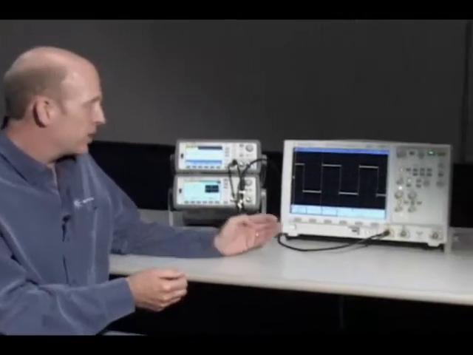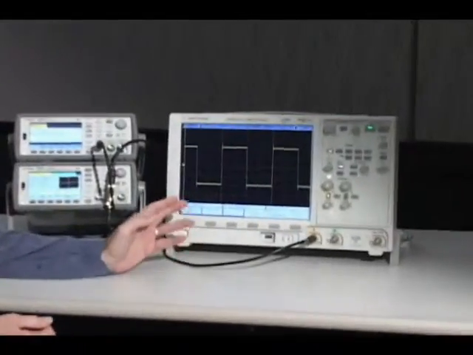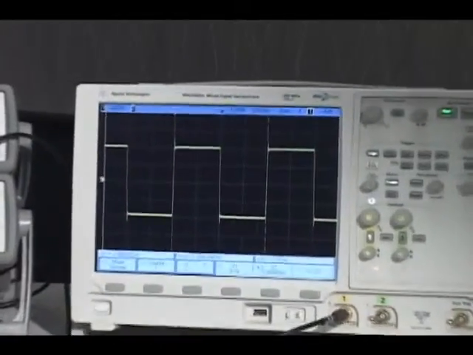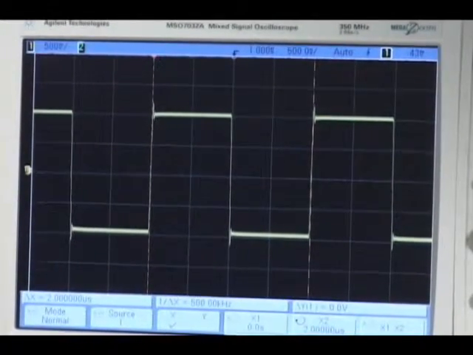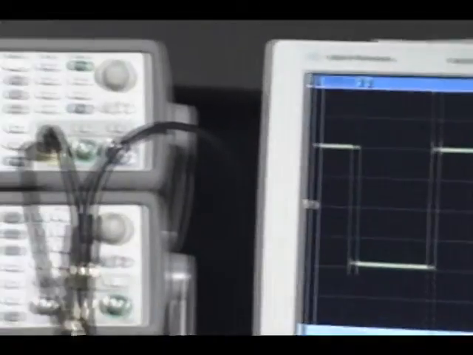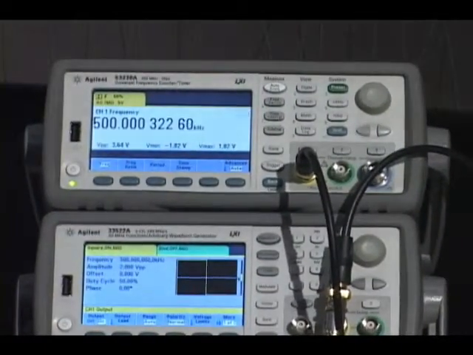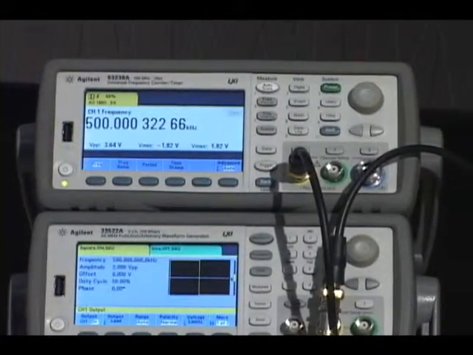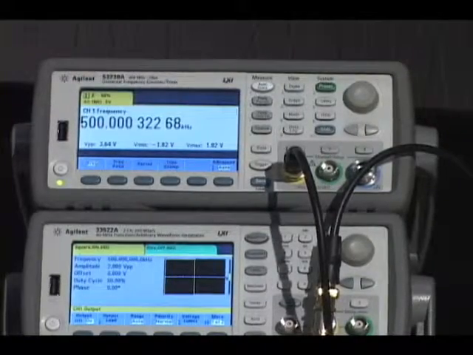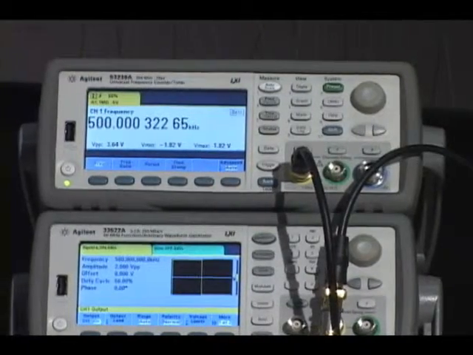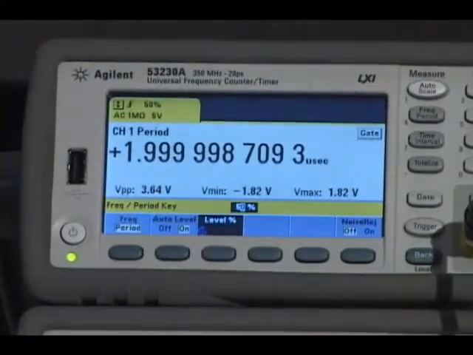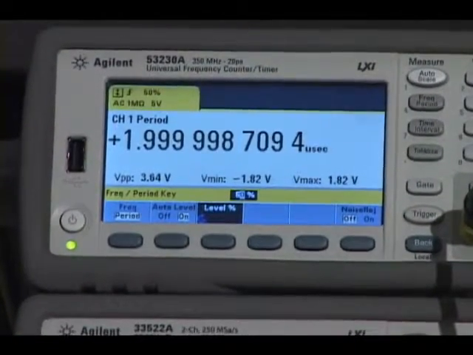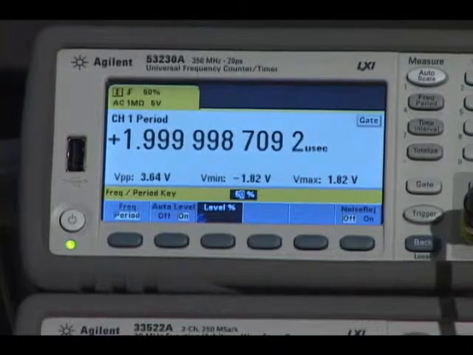If we take a look at the oscilloscope, you can see that currently we are measuring a 500 kilohertz square wave with a period of 2 microseconds. If we look back at the counter, you can see that we are also making that measurement, a frequency measurement of 500 kilohertz. We can also make a period measurement of that same signal by pressing the period soft key. And as you can see, we have a much more accurate measurement using the counter of the period of the